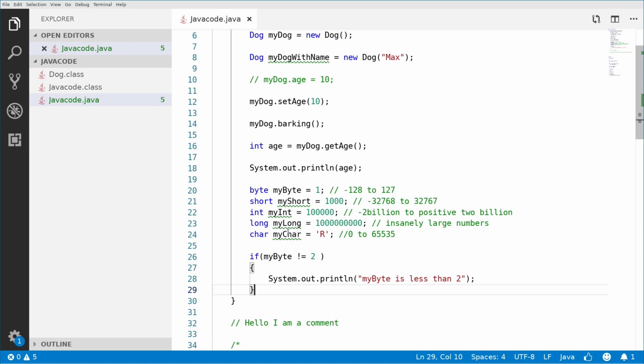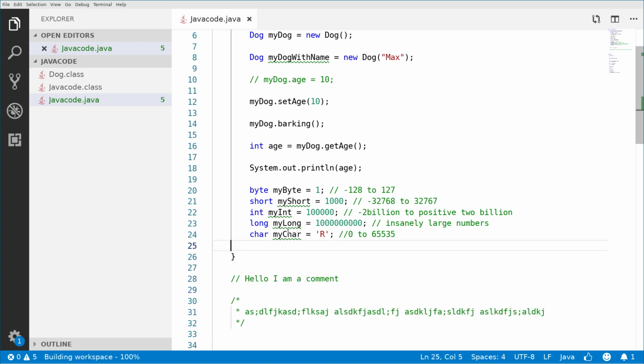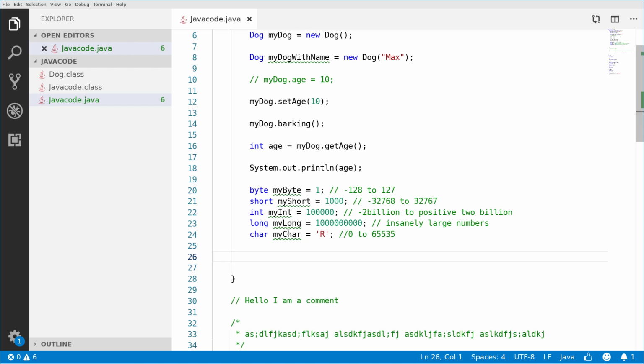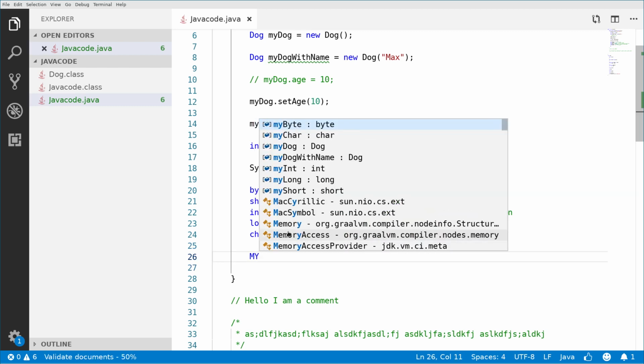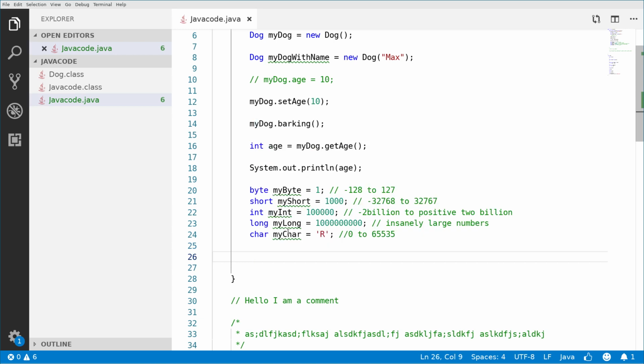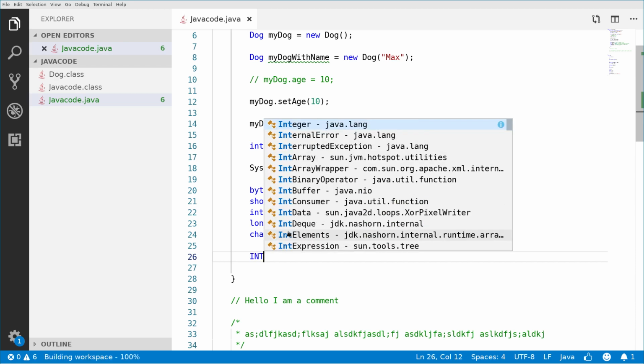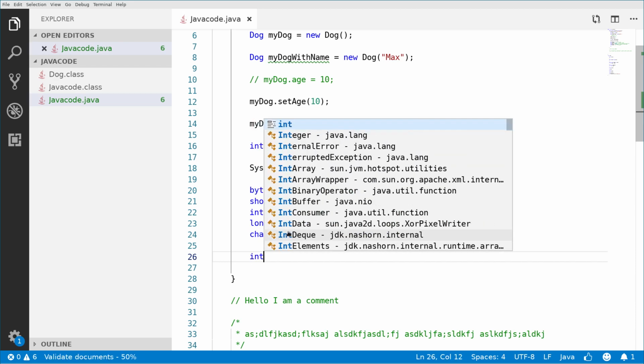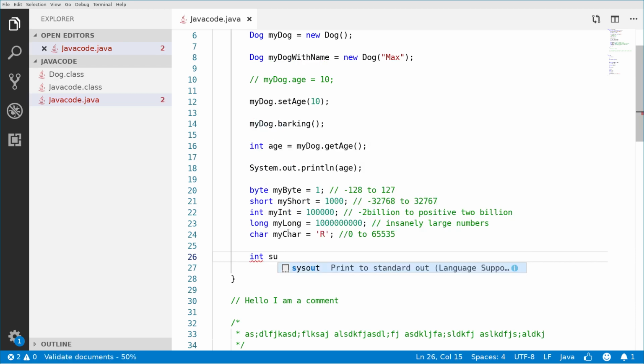So let me delete this, and for example, we can start doing additions. And if I go and say, for example, I will add 2 numbers, okay? So let's create an integer, and I'll say sum, and I'll set this to my int plus 6, right?